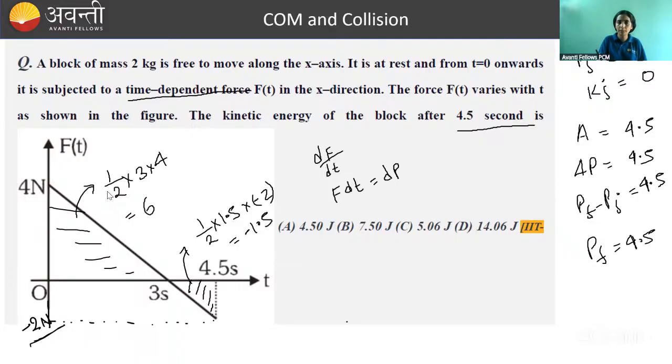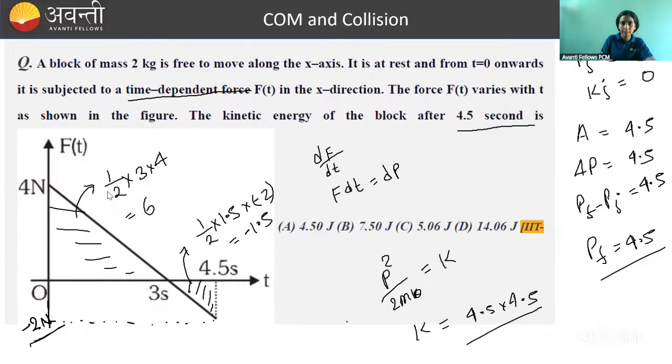If you know momentum, you know kinetic energy, right? Yes, Mansi. Now it's correct. So now you know kinetic energy because you already know P square by 2m is equal to kinetic energy, ठीक है, डन है। तो काइनेटिक एनर्जी आप निकाल लो, 4.5 इंटू 4.5 डिवाइडेड बाई 2 इंटू m, m is 2 kg. So 4.5 into 4.5 divided by 4,